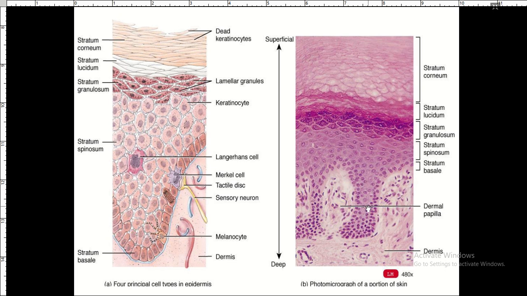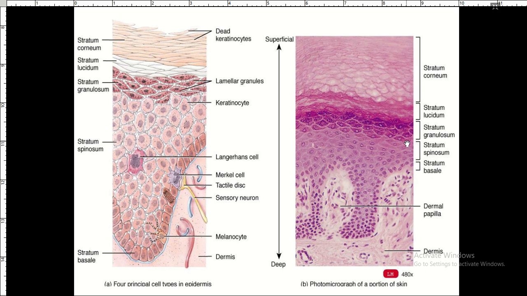And you have this layer right here, a single layer of cuboidal to columnar cells that is highly basophilic and mitotic. That's your stratum germinativum. And from the stratum germinativum, we enter this slightly acidic layer, your stratum